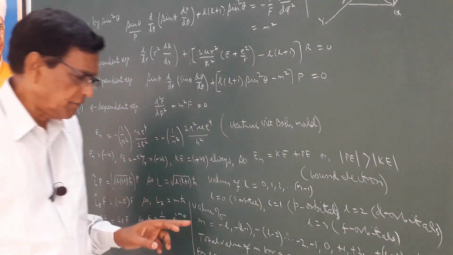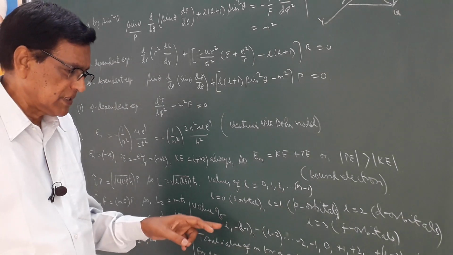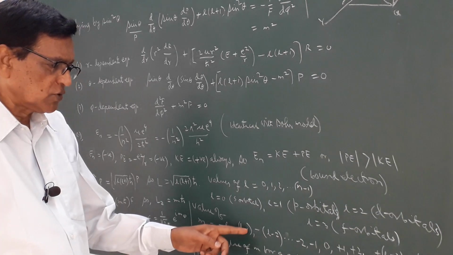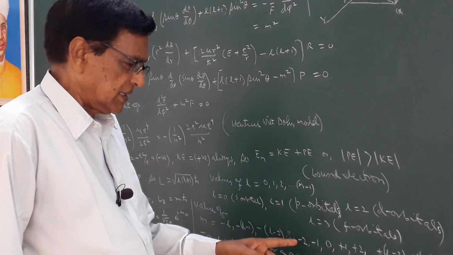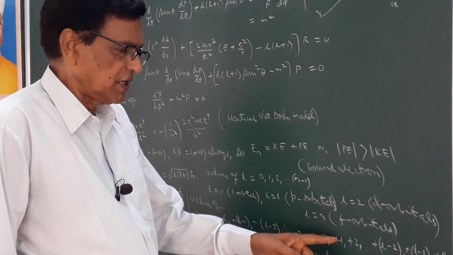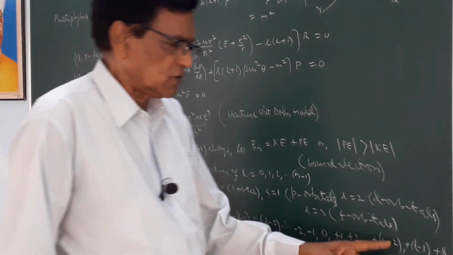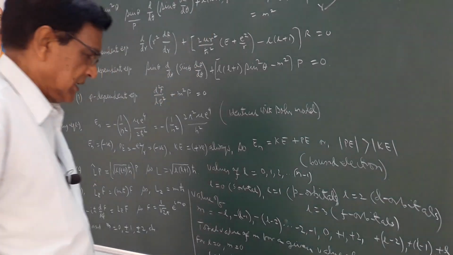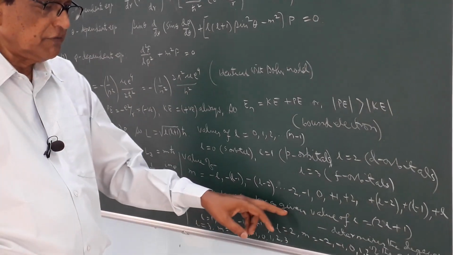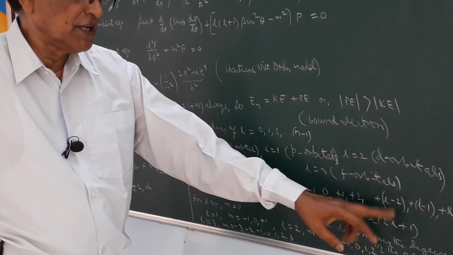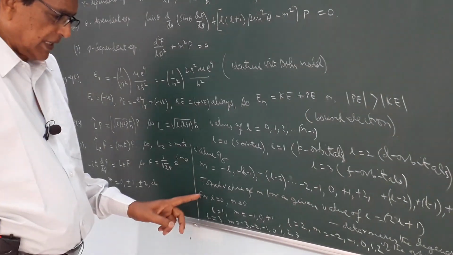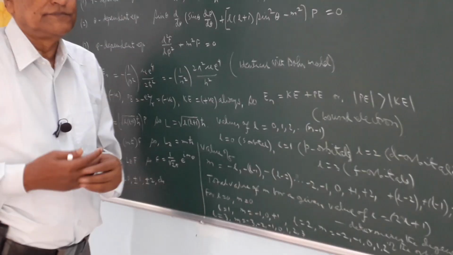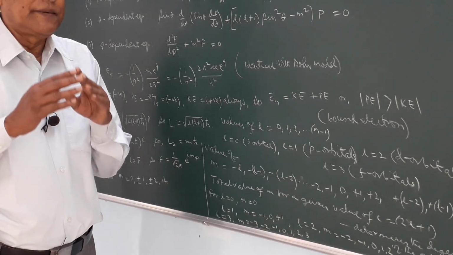The value of m depends on this value of l, and it runs from minus l, minus l plus 1, minus l plus 2, up to minus 2, minus 1, 0, plus 1, plus 2, up to plus l minus 2, plus l minus 1, plus l. The total number of values of m for a given value of l equals 2l plus 1. For l equal to 0, m equal to 0. This m again measures the